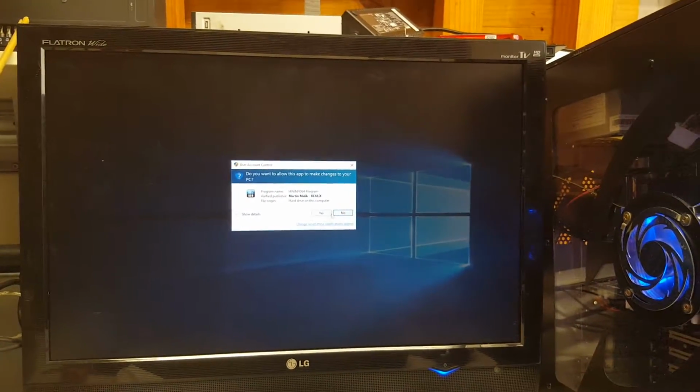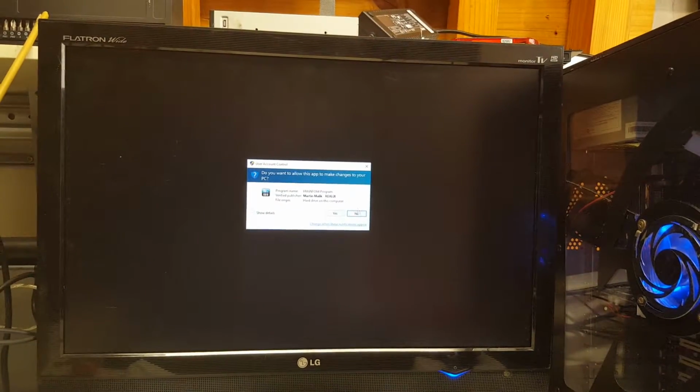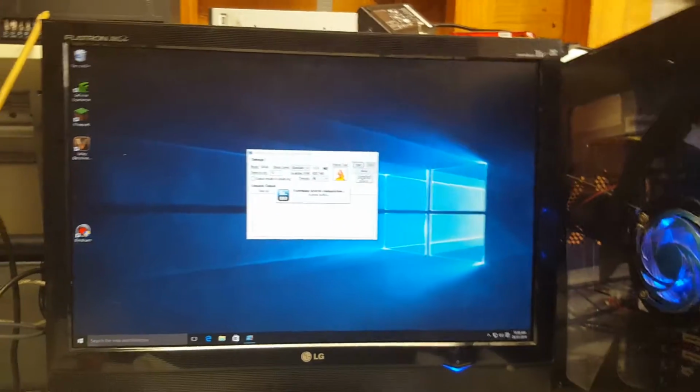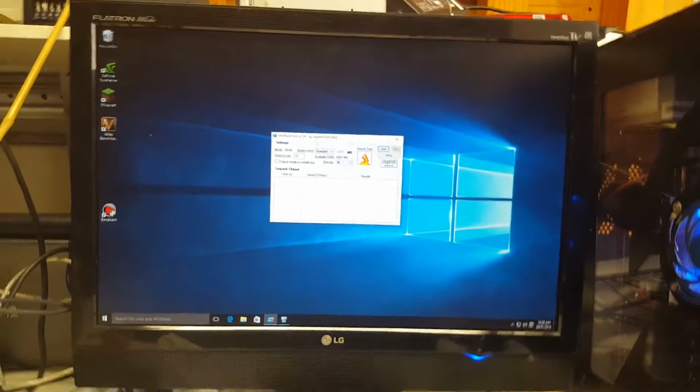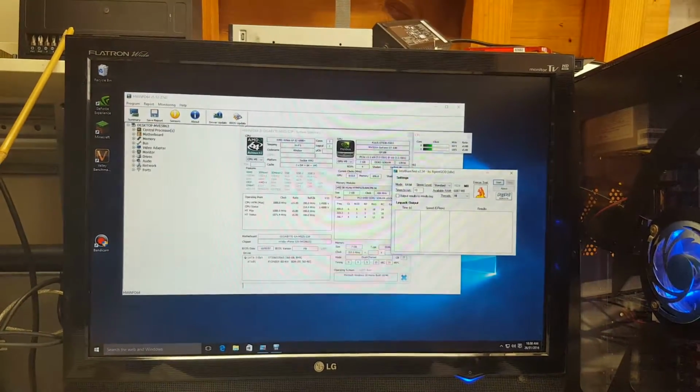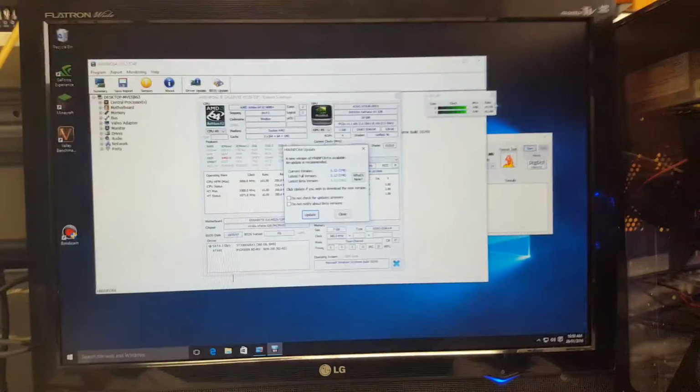So I get hardware info running. No, I open to run. Put this to the side. So here's the system. So as you can see